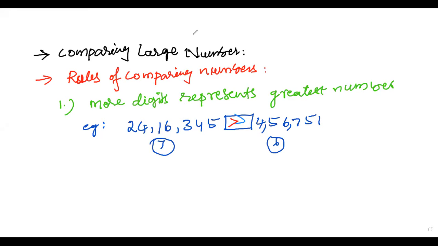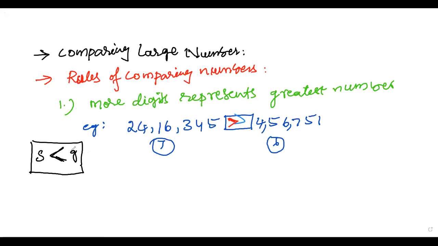So always, one thing I'm telling you: the open side and the closed side of the symbol. Whatever the symbol is, the closed side is towards the small number and the open side is towards the greatest number. Remember that, it is a very, very important point. If you don't have enough knowledge about what the symbol is, you just write the symbol with the open side always towards the greatest number.